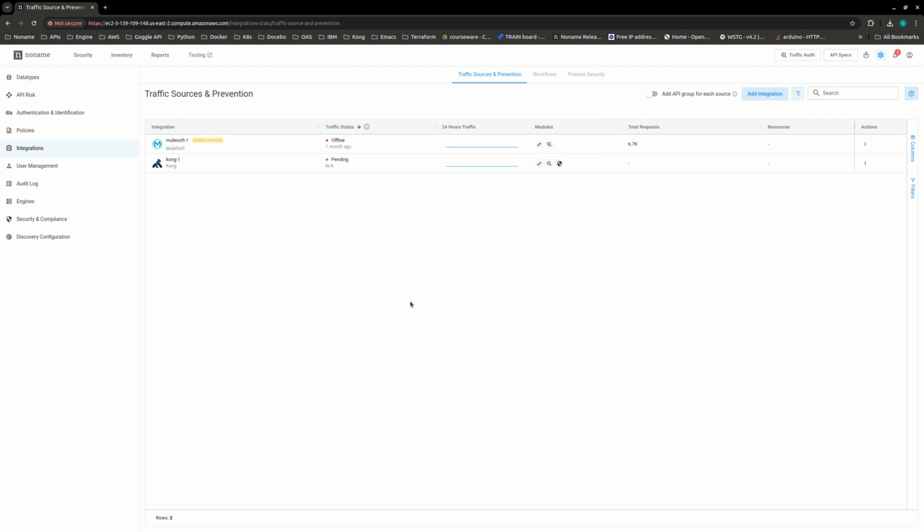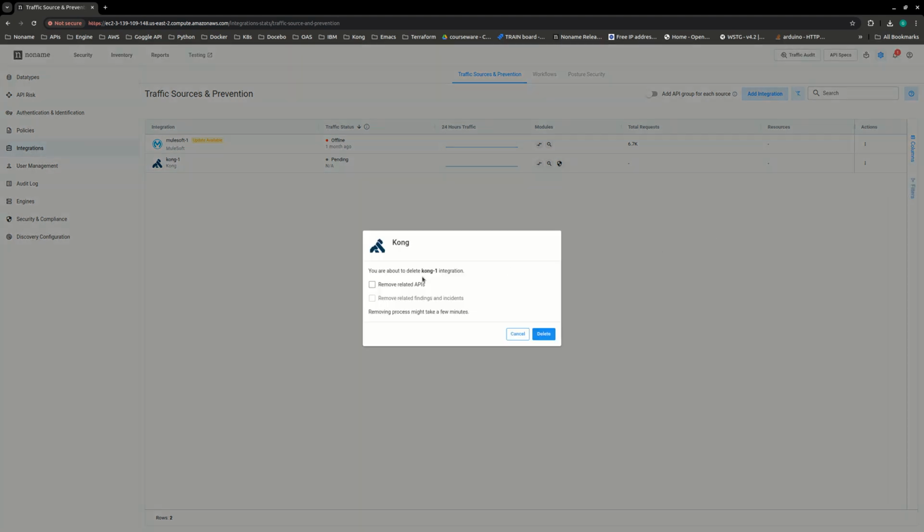The other lifecycle change is what's going to happen if I remove this integration, right? So you can go ahead right here and remove the integration, delete it, okay? And if you delete it, now you will be asked, do you want to remove all the related APIs? And if you had related findings and incidents, do you want to remove those too? So the only thing you need to do is select